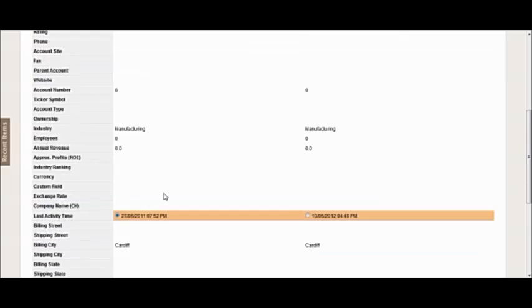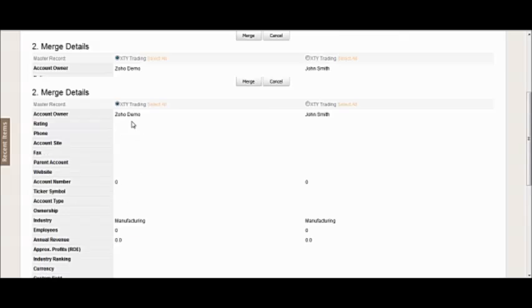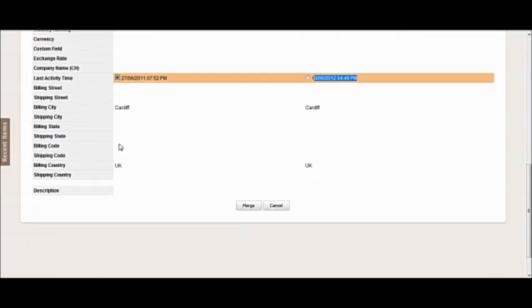Okay, and then you can select, do I want to change the field value for this highlighted field into this value? I don't. I'm just going to keep it. I want to keep everything as the master record here, and then when I'm done just click merge, and it gives you a warning message telling you that everything else is going to be transferred to the master account, and that's what I want. So I click submit,